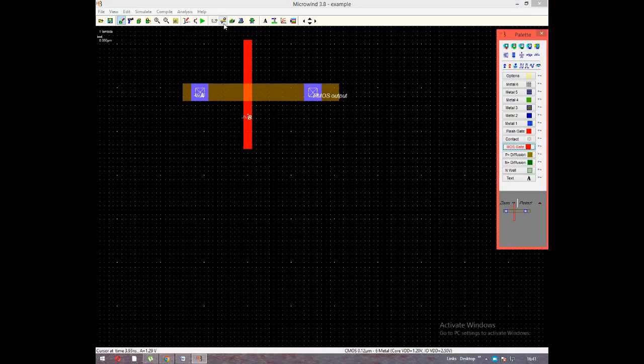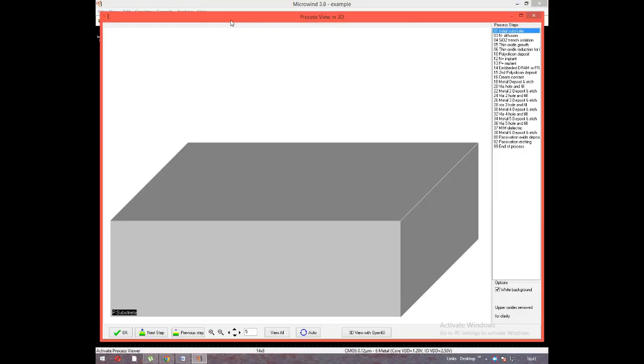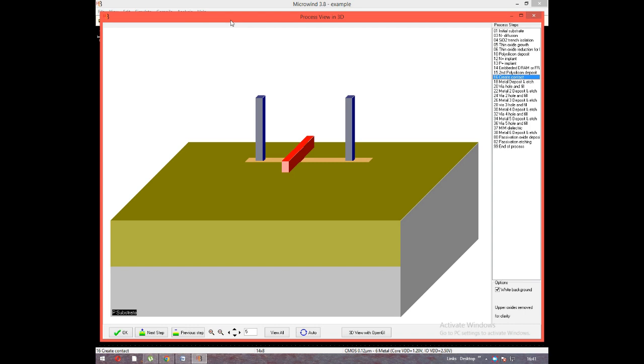And next, if we go to the design process, we can see the initial substrate, which is P substrate, then we'll take N diffusion, then SiO2 trench isolation, thin oxide growth, thin oxide reduction for polysilicon deposit, N plus implant, P plus implant, embedded DRAM, second polysilicon deposit, create contact, metal contact deposit and etch, via hole and fill, metal 2 deposit and etch, via 2 hole and fill, metal 3 deposit and etch, then via 3 hole and fill,